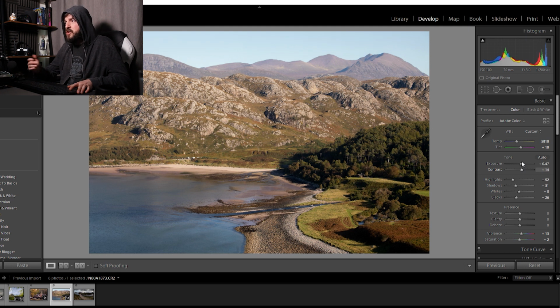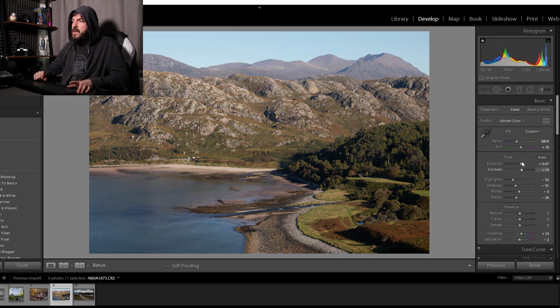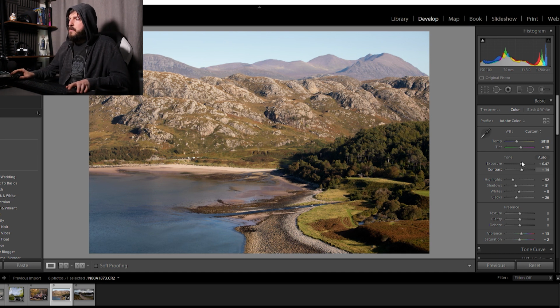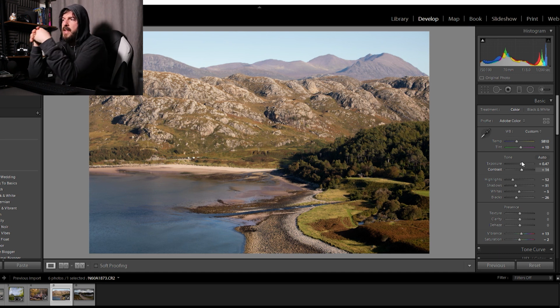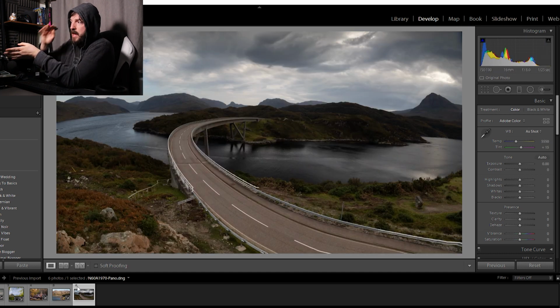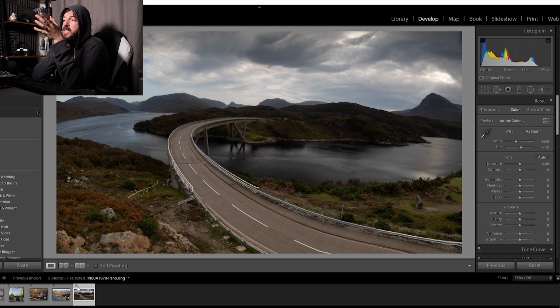So yeah, I've upped the contrast a fair bit. But that is what I would do. And I think that's reasonably different to what Lightroom's auto edit did. But I do like that shot, and I think it's a very natural scene. I think it's one of those shots that's very easy to overdo the edit, so I would leave it there, I think. So I'm going to move on to the last one, and this is a shot of the Cailescu